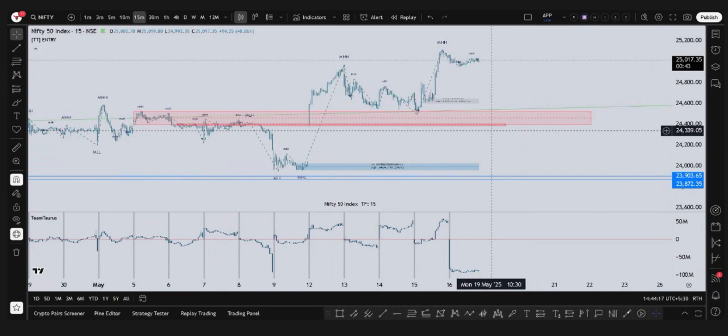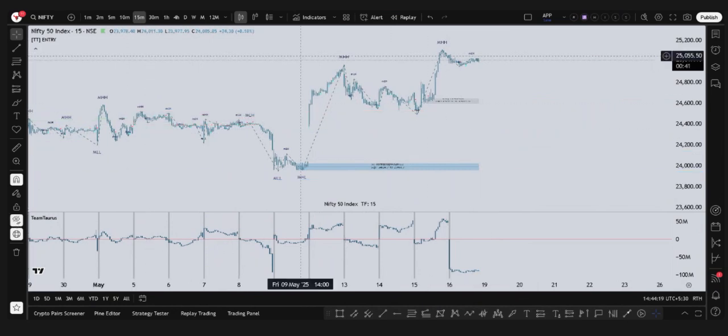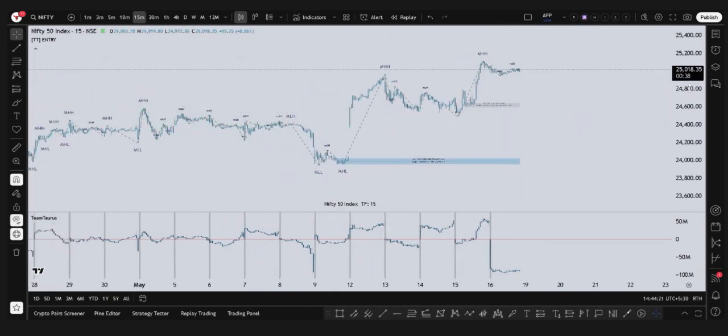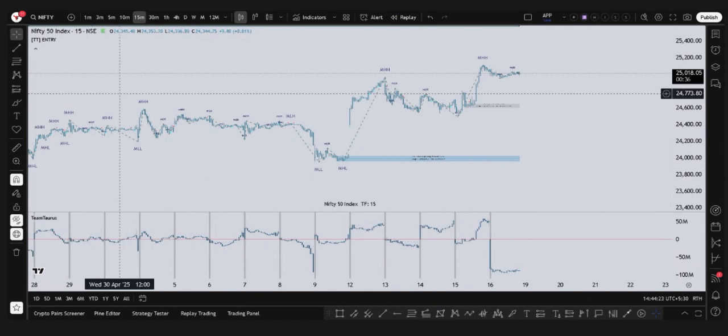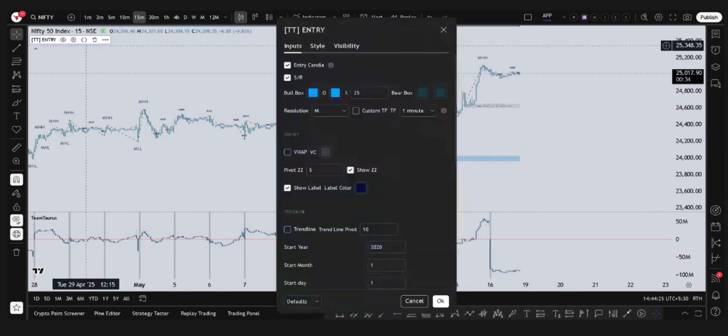Once you have activated, these are not the levels that have been. This is how you will be looking at it. Now, what are the settings? The settings are very simple. Once you have this entry indicator, which is on the top chart, you need to set this